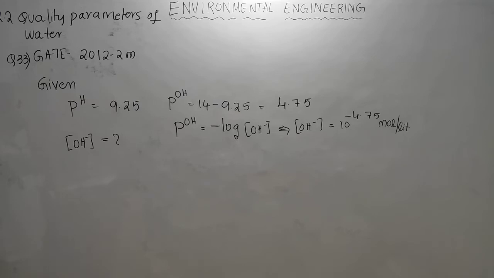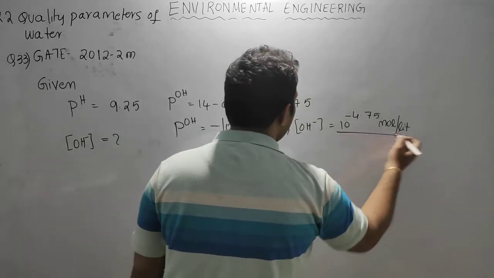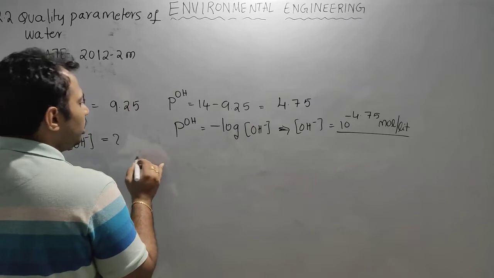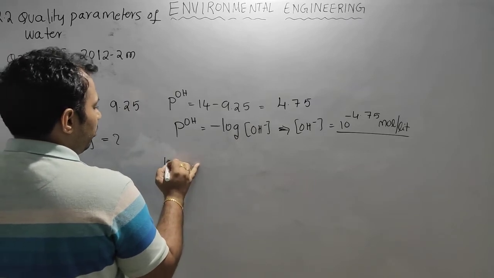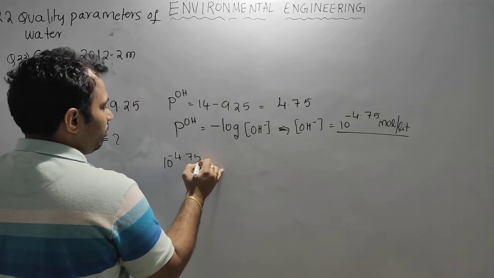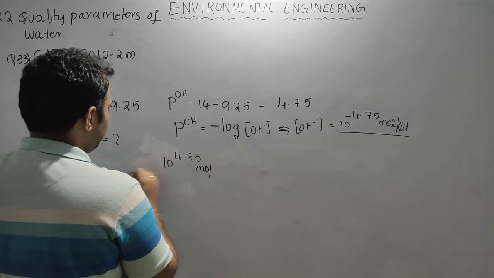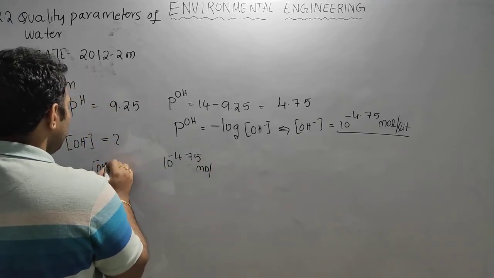Or else directly, if you solve it, you will get the value. But see here, the answer is in milligram per liter. So some values are in milligram per liter, and we need to convert this mole per liter into milligram per liter. Let us convert this: 10 to the power of minus 4.75 mole per liter OH minus ion in mg